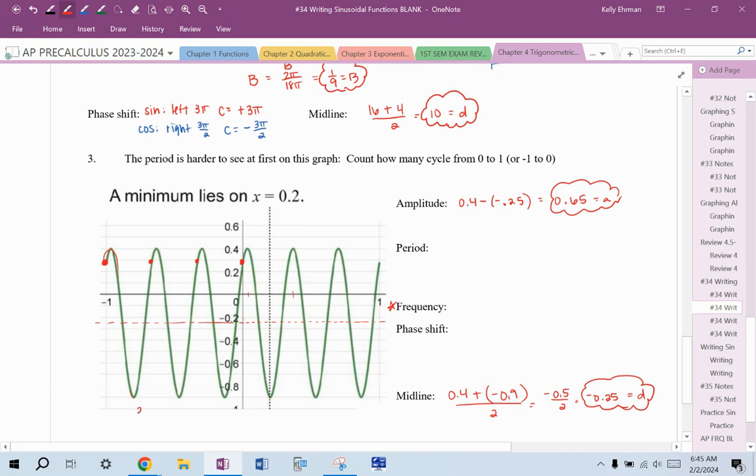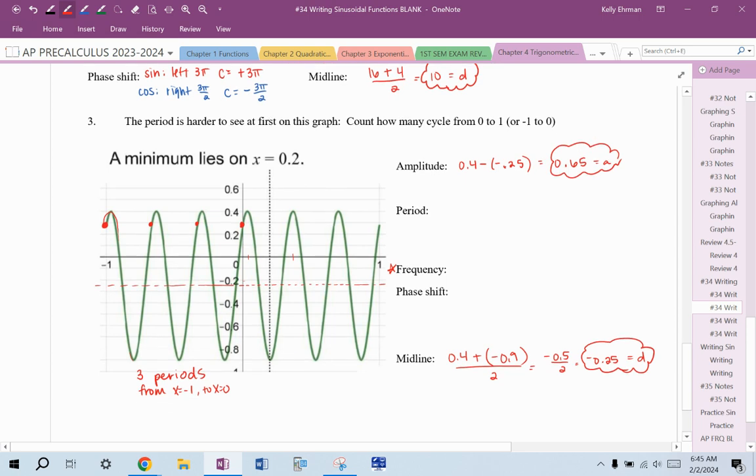So there are 3 periods from x equals -1 to x equals 0. What does that mean about frequency? So within 1 unit, it's the same thing on the right side, by the way. 1, 2, 3. So the fact that there are, for frequency, 3 periods per 1 unit,